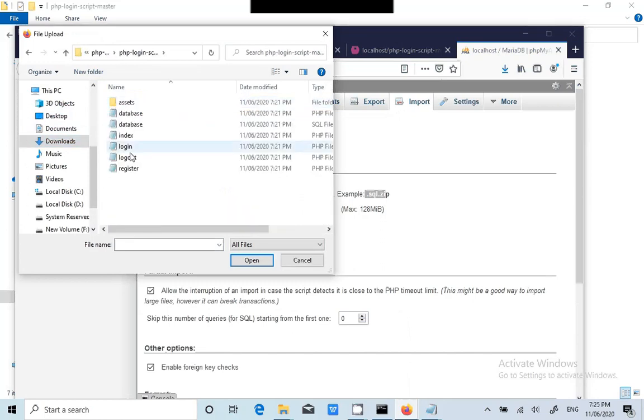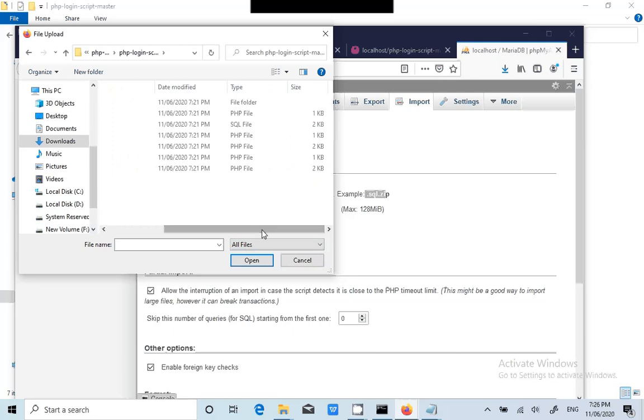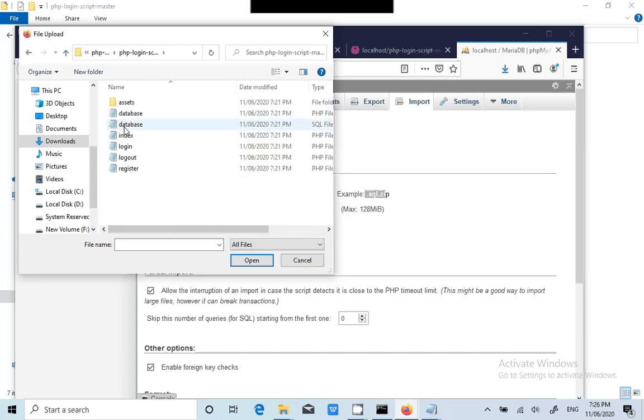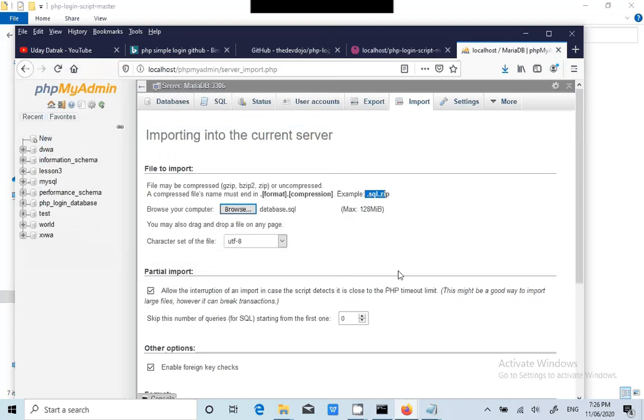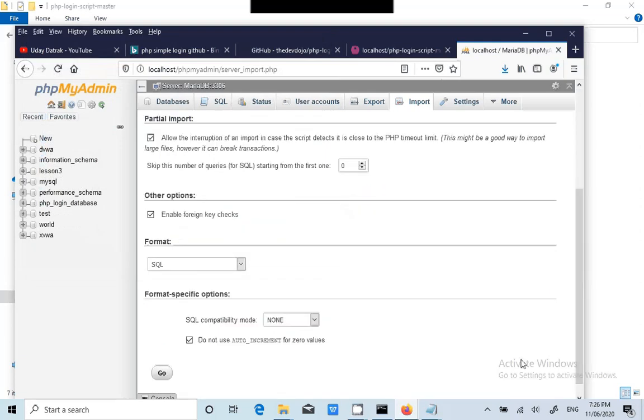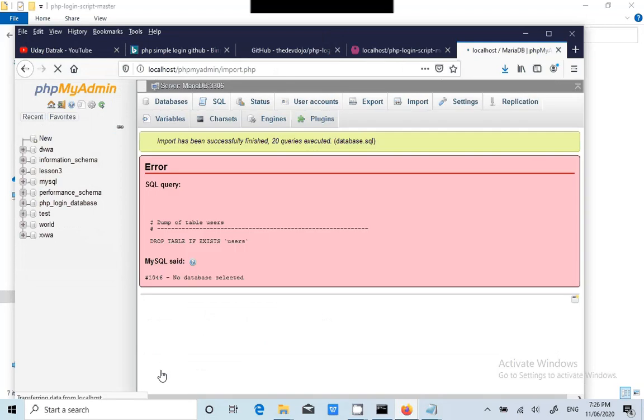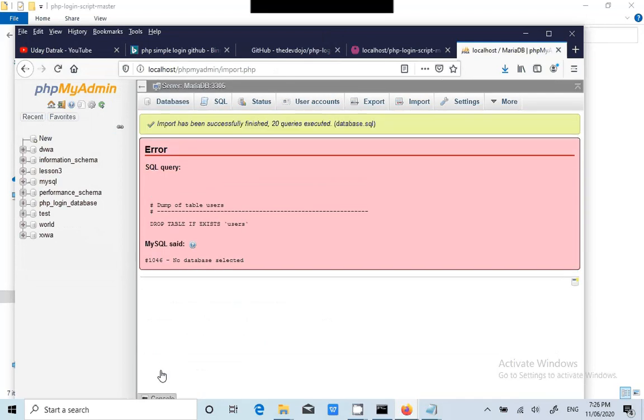Not this particular application, not PHP login script master. Okay, the .sql file, that database file. Click go. Twenty queries were executed.